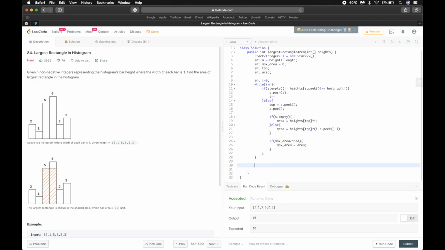So as you can see, this is our main code, and what we will now do is, when our array is iterated and there are still elements in the stack, it is also our duty to clear them. So we will do it while the stack is not empty.